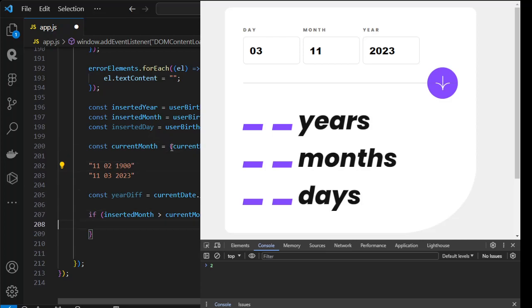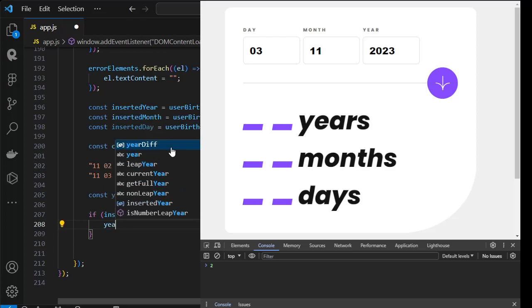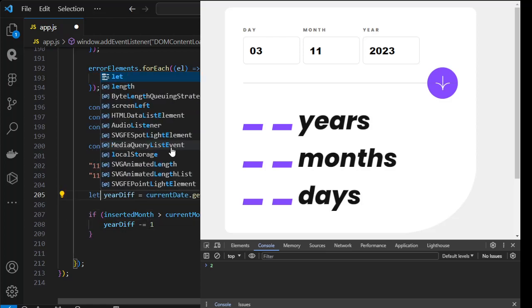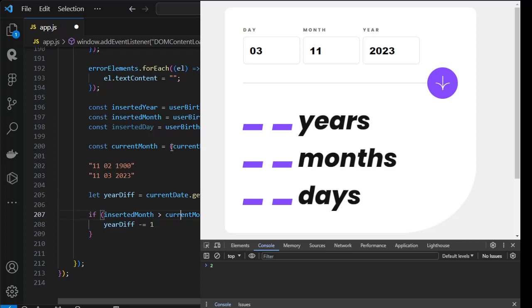Plus this by 1. If it's greater than the current month, that means we can subtract the year by 1, or the year difference by 1. Okay. Or if no,